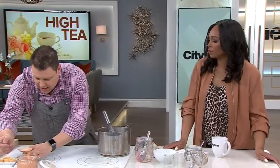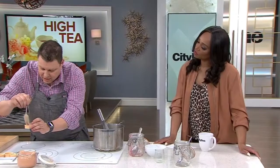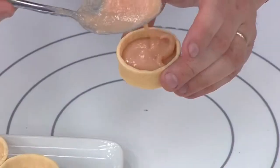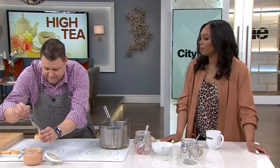It's really flavorful, and you can use that in tart shells like I've got here. And if you're, again, busy, you can buy these pre-made tart shells. Yes. And afternoon tea, there's a lot of components, so I recommend pre-made helps you out to kind of organize everything, right? I agree. So while you put those together, I want to talk a little bit about the difference